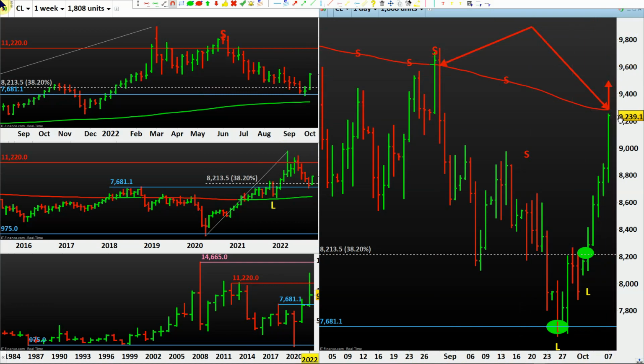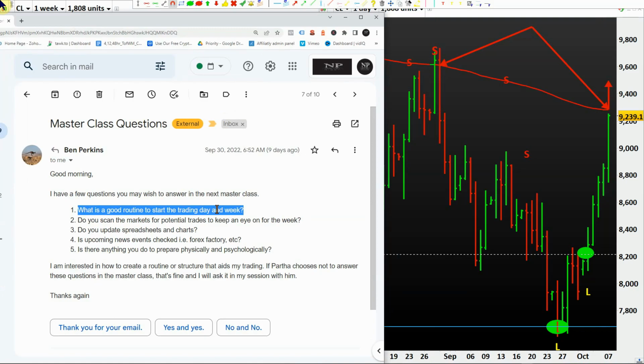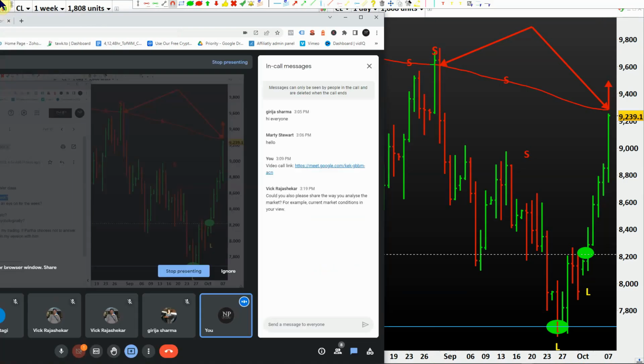But here we are not taking any chance, because it can happen like this, boom, or this. Even if we have to go long, we wait for this resistance to be broken and then high taken out. That is the only thing which we can do. So this is the way we get started preparing for the week, and I showed you through oil. Did I answer your question, or did I go through any other instrument, Ben? No, that is answered quite well. Very good. Just how you scan it. Yeah. Then I'll go to the second question.